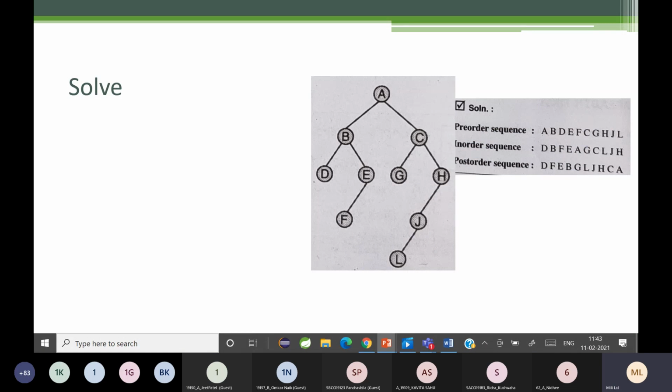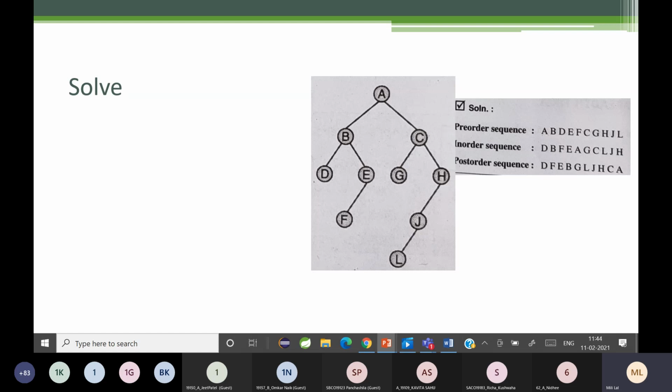First, you do the left, then the right, then the node. So write down the in order, post order and pre-order. Don't look at the answer. See if you're getting it. Post order kaise hote hain? Pehle you go to the leftmost. So first D will get printed. It doesn't have any branches, so D will get printed.